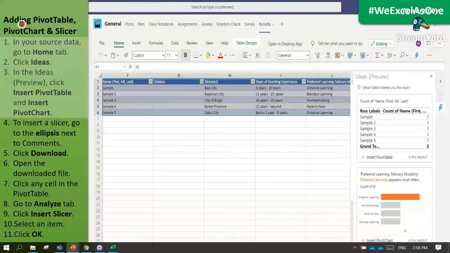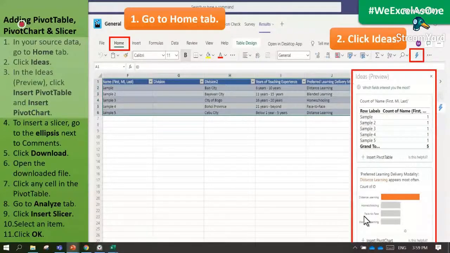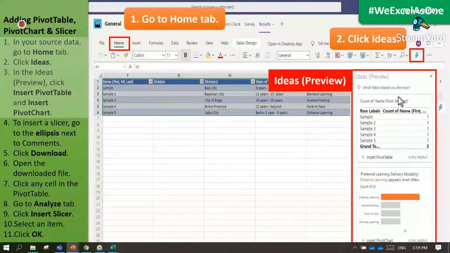In the last part of the ribbon, you have the lightning icon. That is the Ideas button. You click on that, and an Ideas preview pane at the right side of the screen will appear. In the Ideas preview, there are suggested ways on how to analyze the data.